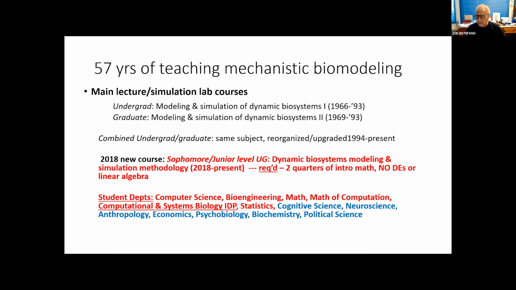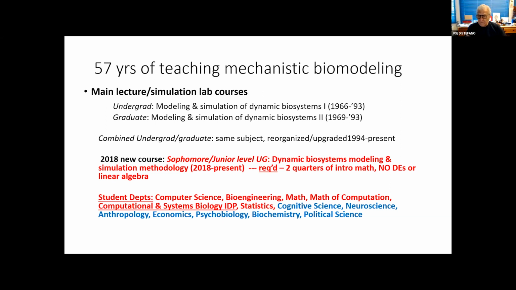And they also had a lot of biology, so they were mostly computational systems biology students that I taught through about 93. So I didn't have any serious problems with math. And I didn't really have any serious problems with them understanding biology either. I was teaching it in two levels, and I also had a graduate course, so that was the same course, which was significantly higher mathematical level.